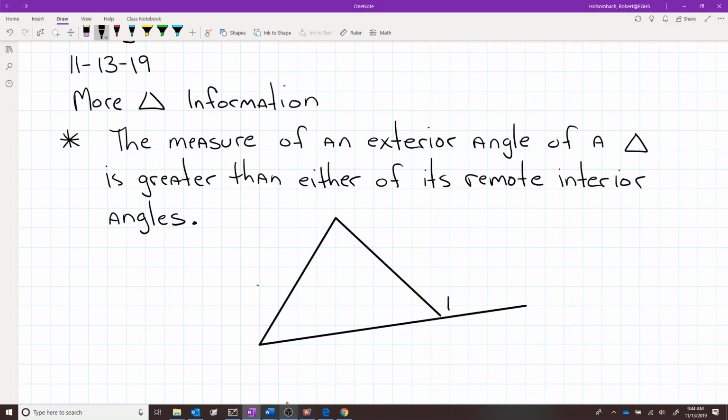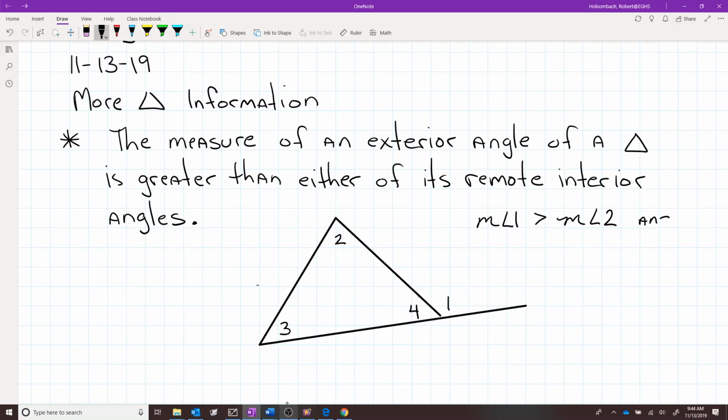And then inside this triangle we got angle 2, angle 3, and angle 4. The measure of an exterior angle of a triangle is greater than either of its remote interior angles. Alright, in this case, angle 1 is going to be greater than angle 2, and it's going to be greater than angle 3. So the measure of angle 1 is greater than the measure of angle 2